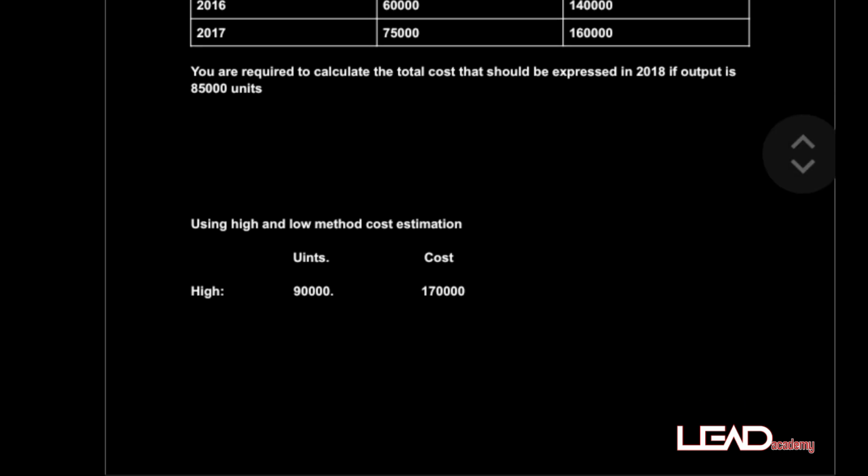Then if you go through the table, you get the lowest unit that was produced, which was 60,000 units, and the cost incurred in producing that was